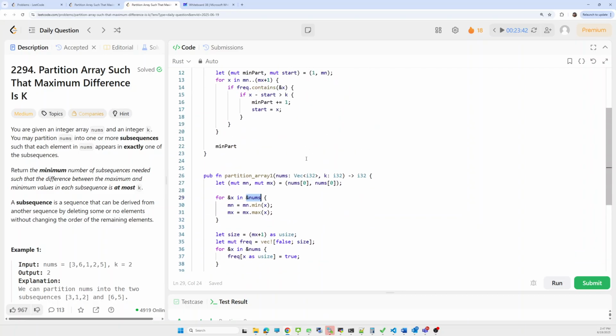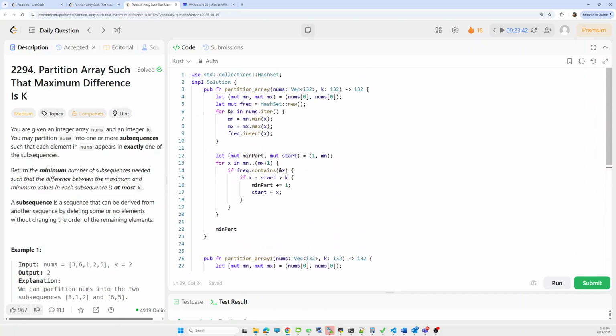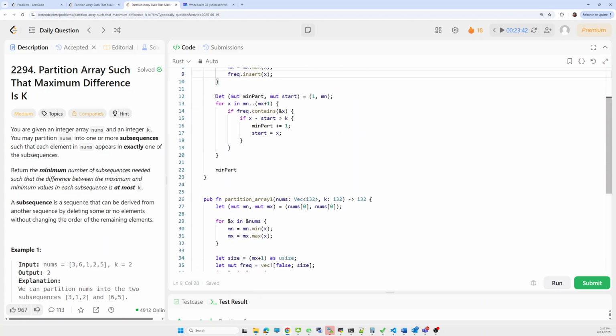Now we have to maintain three things: minimum, maximum, and insert x into our set. What next? We maintain the same things, minimum partition and start, from 1 and the minimum value.